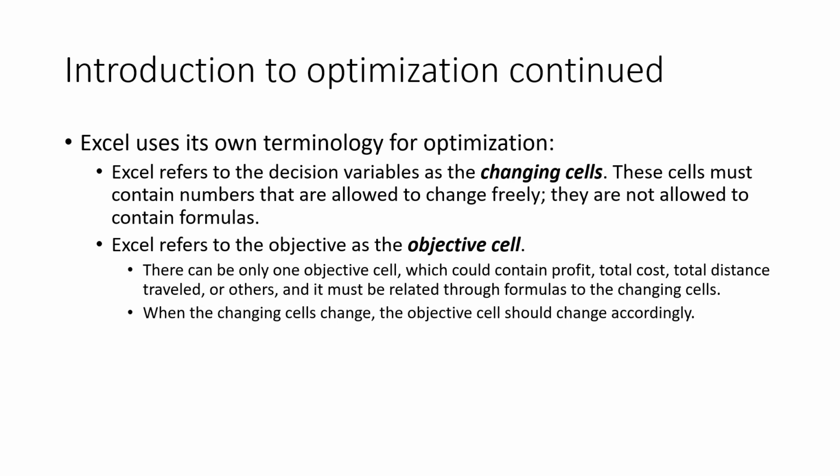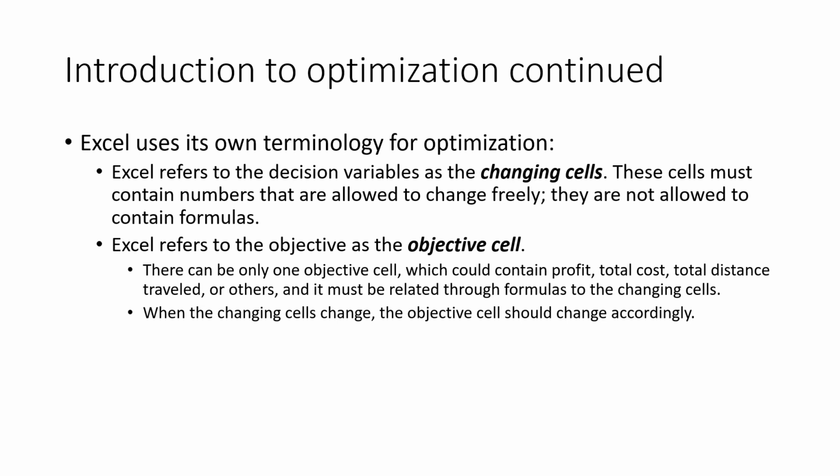In Excel, you're going to see some different terminology. The decision variables, according to Excel, are called changing cells, and they are allowed to change. Okay, so in Excel, the changing cells are allowed to change freely. They're not allowed to contain formulas. Excel refers to the objective as the objective cell, and there can only be one objective cell. There can be many constraints, but there can only be one objective, and this could be your profit. It could be total cost, total distance traveled, right? If you're trying to minimize the distance